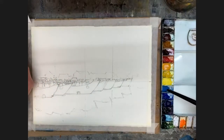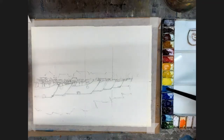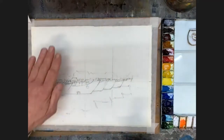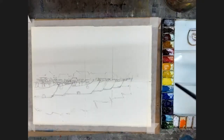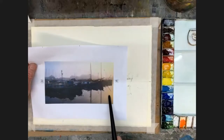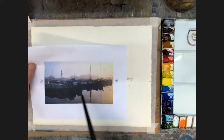I'm going to use one of these blues. This is cerulean and is a very cool blue, and this is cobalt, which is a sort of mid blue. That's a good point. Which one shall I use? I think I'll go with the cerulean. Okay, it doesn't matter, and get it to merge in. And then down here, I'm going to use the same sort of yellows here, but bring more red into it to make it a little darker. And then I'm going to use cobalt for my blue, this one here,